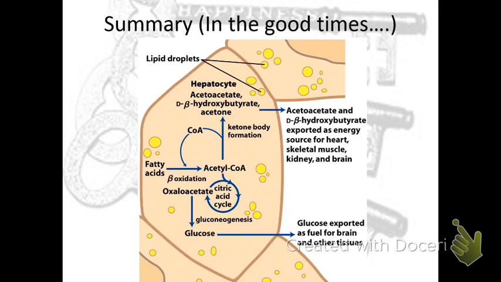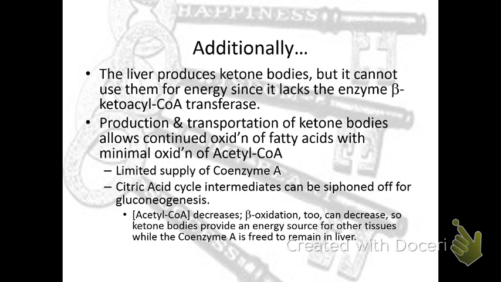So, that's been a good general review for it, but now why is this important? Okay. So the liver can produce these ketone bodies, but it lacks the enzyme beta-ketoacyl-CoA transferase. Since it lacks that transferase, the one that utilizes the succinyl-CoA, it cannot compete with the brain or the muscles under these conditions for energy. Because of this, the only time that a healthy individual undergoes ketone body formation is whenever you really need energy and you're not getting enough of the other nutrients.